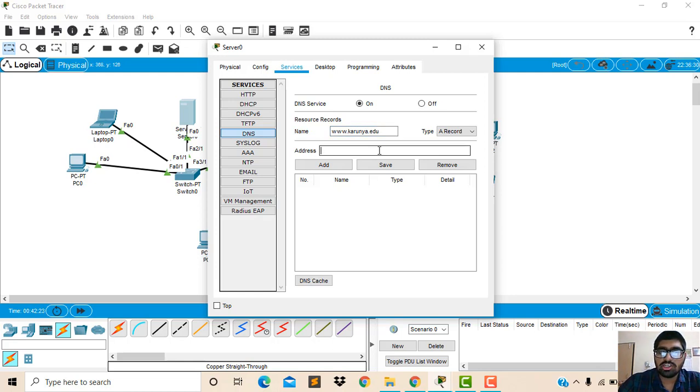The Karunya.edu server is the second local area network server, so we have to enter that local area network IP address here: 192.168.20.4 is the second local area network server, and after that we have to add it to communicate with that.